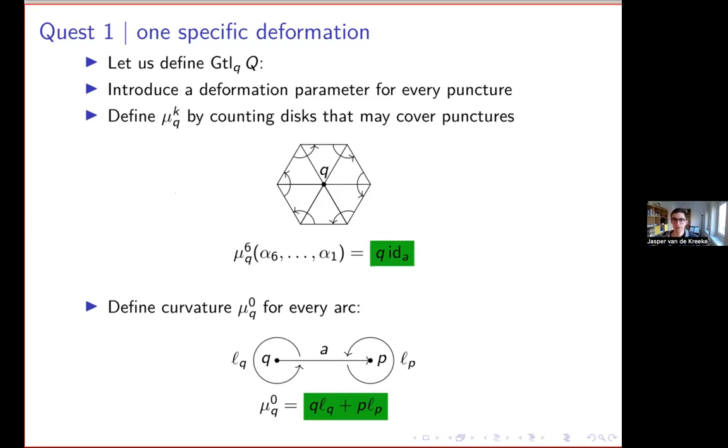Yeah, how to do this. So what we're going to do is go a little beyond Seidel's deformation space. Seidel said we do one overall deformation parameter. We'll rather do a deformation parameter for every puncture. And the idea is to define the higher products mu k as